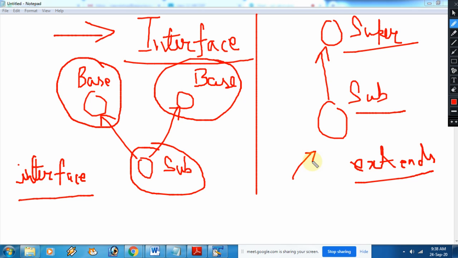But in case of multiple inheritance, suppose you want to use 3 base classes in 1, for that we will write interface A, comma B, comma C. How you will use this concept in your program, that I will show you. This is the basics of interface, why we use it and how we use it.